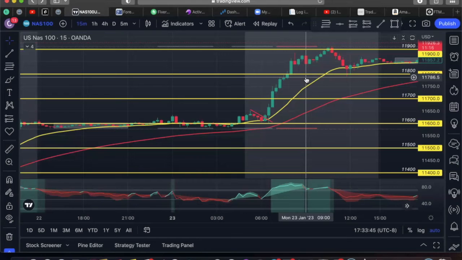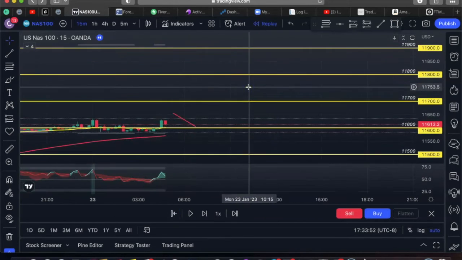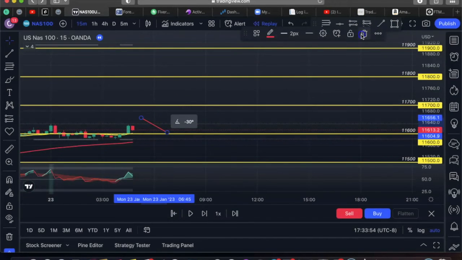What I would do is go back and backtest this. And all you need to do is go to this replay bar right here, go to the day of your choice, and then boom, start backtesting it. So if I were to look at it previous time,